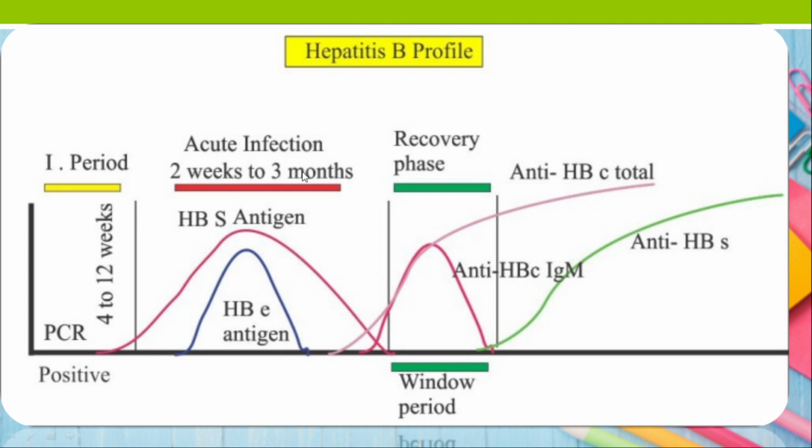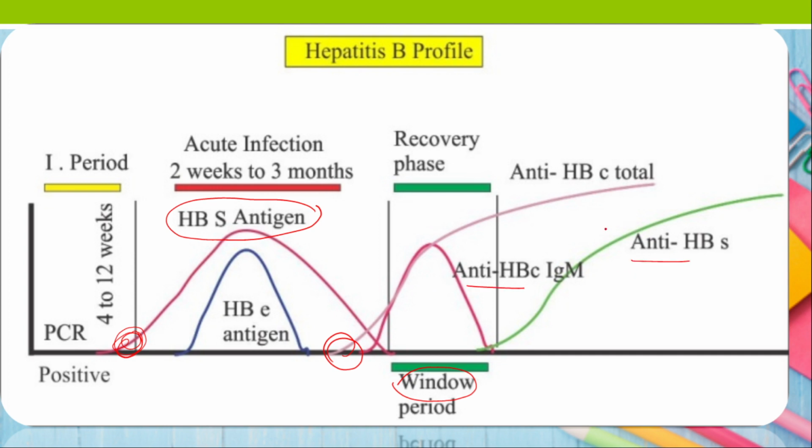So this is the clear profile. I am just showing it as an example. Already I had told the first antigen to appear in the hepatitis profile is HBs antigen. Yes, here in this acute infection, it is the first antigen getting started. Then regarding antibody, the first antibody to appear is anti-HBc. Yes, it is clear, and I had told it is positive even during the window period. In the recovery phase, these antibody levels go high.